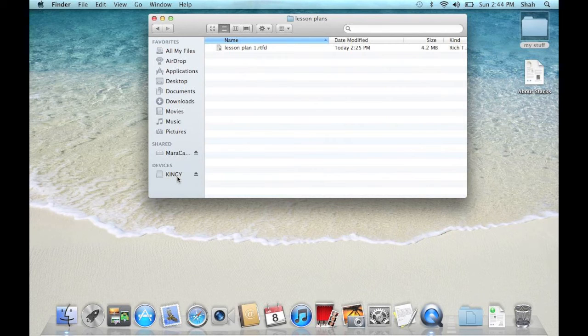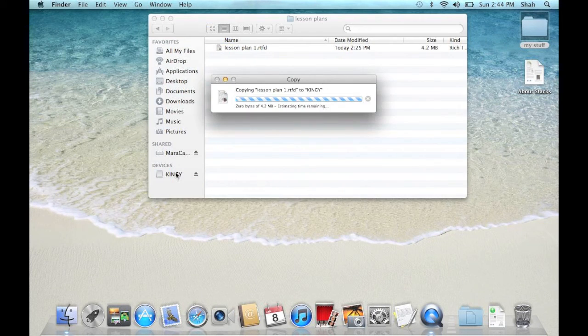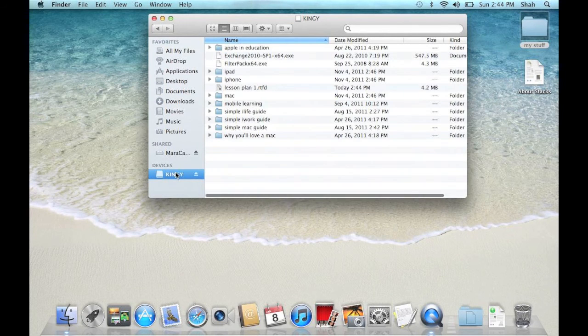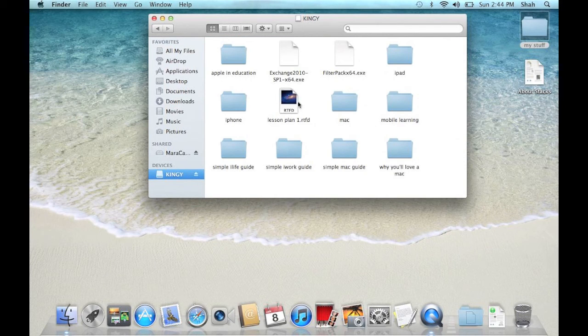Drag Lesson Plan 1 to your thumb drive. Click on your thumb drive. You can see the file inside. To safely remove the thumb drive, click the Eject button, then pull out the thumb drive.